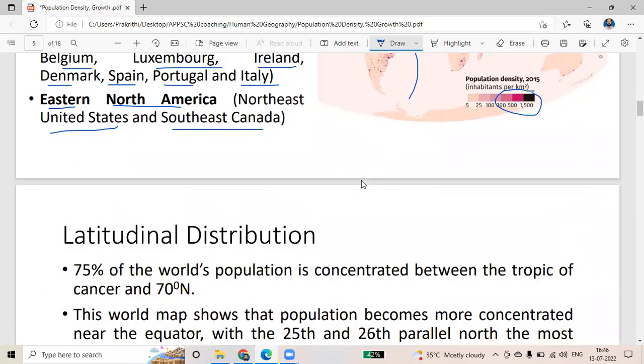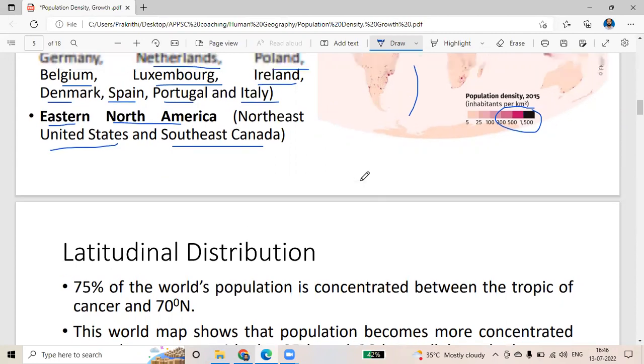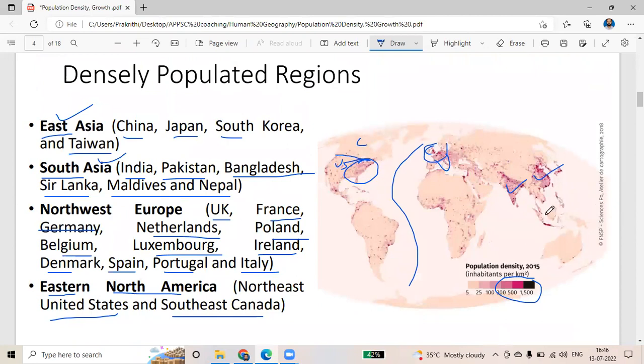Now we can see distribution of density based on latitude. So latitude means population density. For understanding that, we know where the most populated countries are coming and most densely populated countries are coming. If you look at this, we can see, so this is equator. It will go almost through this region. After that, this is 23.5 degree, slightly above, so it will go like this above it.